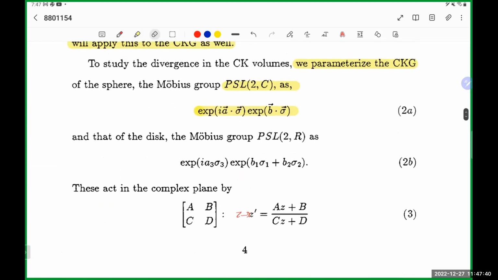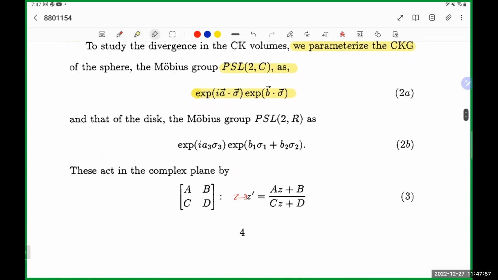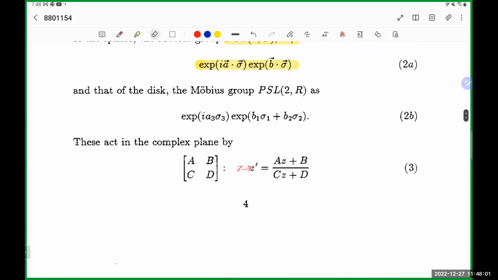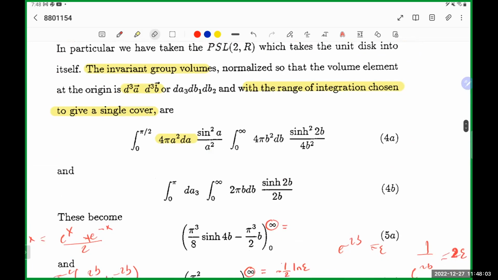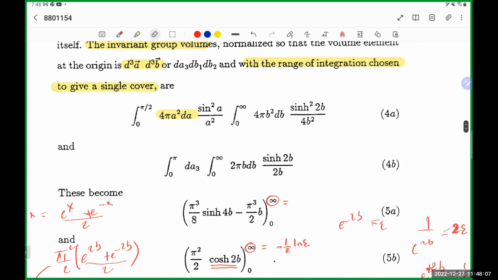And let me remind you what they are. A is like a three-vector. So sigma is sigma 1, sigma 2, sigma 3, and with this you get the dot product. You see the standard notation of quantum mechanics, right? A dot sigma, B dot sigma. And when you do this integral to give a single cover,